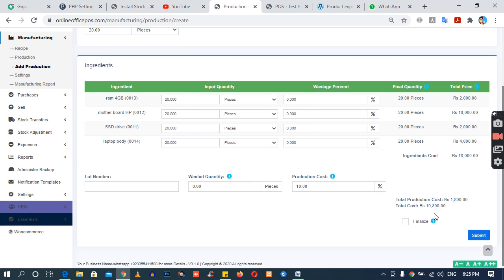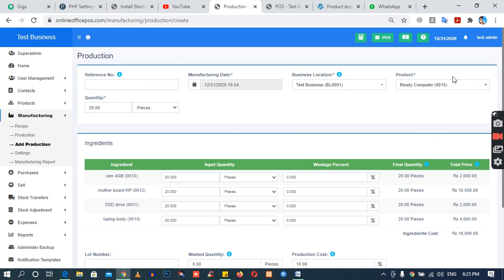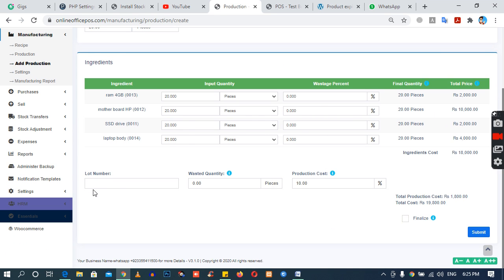So it is saying that 20 piece, for creating 20 piece, I just click here, it comes automatically here. I just have to put our lot number which I use for selling purpose. This is 777 for selling purpose, and production cost is 10, and we only need this